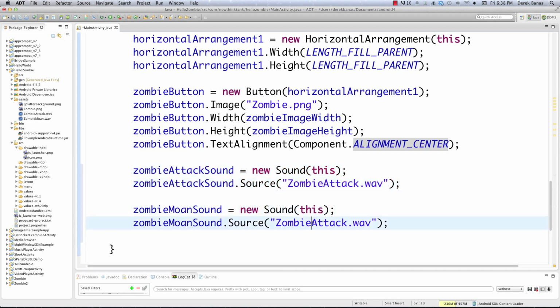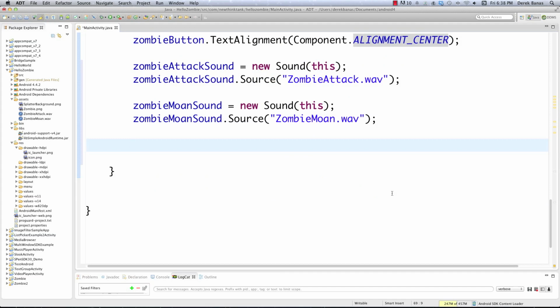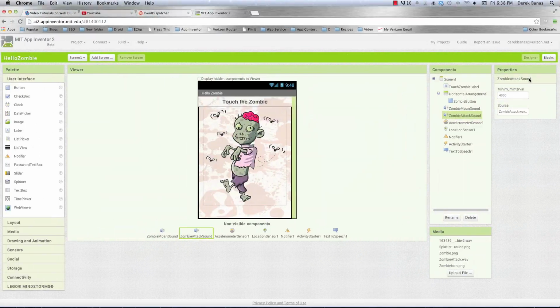And then this is going to be zombie moan wave. There we go. Pretty easy. It's actually pretty much easier than App Inventor, I think. Or it definitely will be after you do this for a little bit. Alright, so the next thing we want to do is if we're over inside of App Inventor and we go